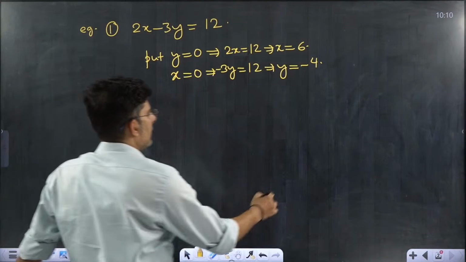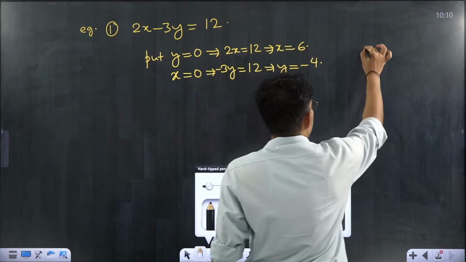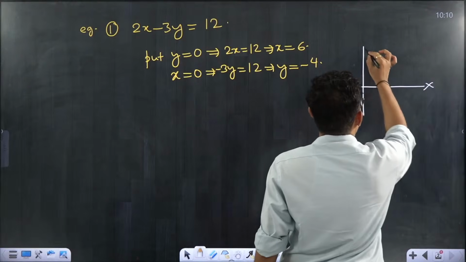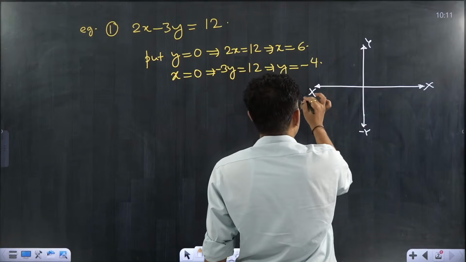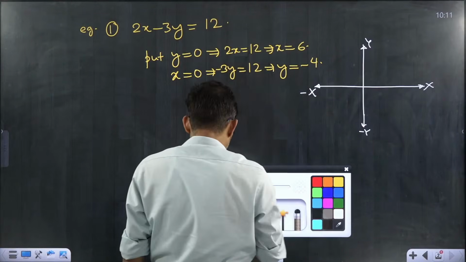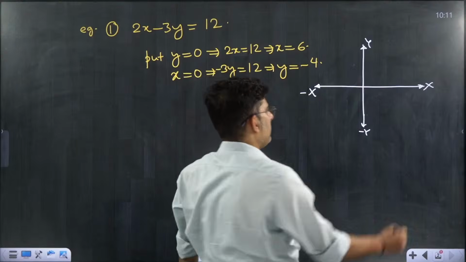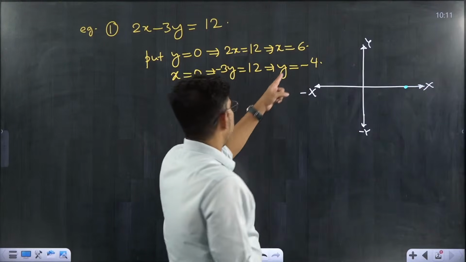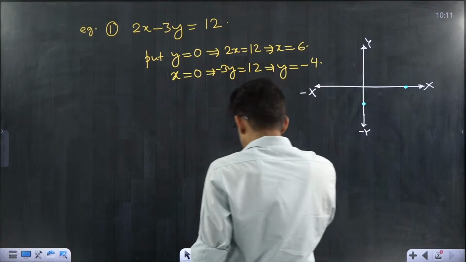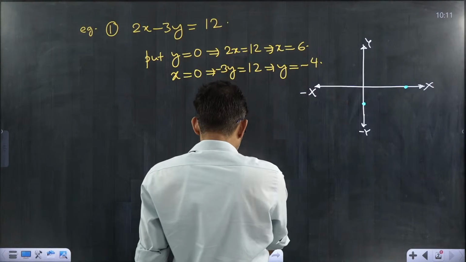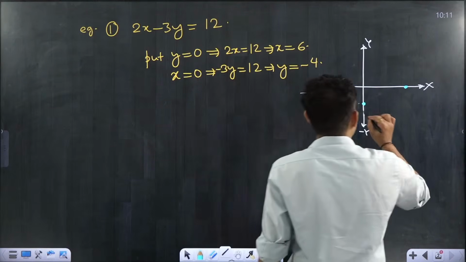Now the last step, what I said, just draw the two axes, x and y, this being minus y and this being minus x, and now just mark the 2 points. What are the 2 points? You can see x is equals to 6. On x axis it is 6 here somewhere, and y is equals to minus 4 is here somewhere. So now what I have to do, I have to just join these two by a straight line. So if I join these two by a straight line,